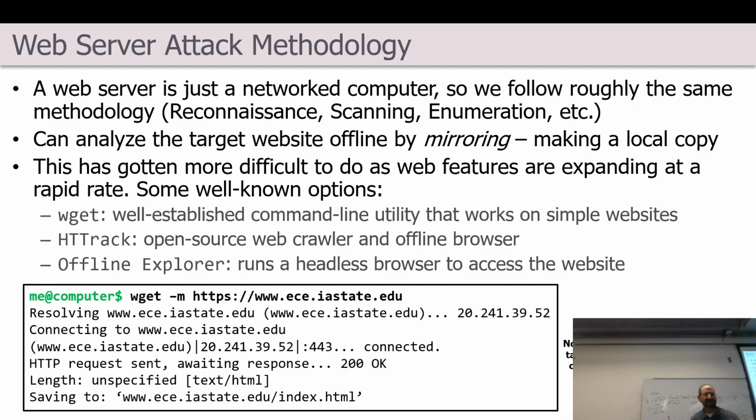What you tend to need these days are server agents that act as if it is a user attempting to access that web page and interacting with the web page to be able to get what the content of that web page would correspond to. And there are tools to do that. They're not as straightforward and maybe as clean to use as wget, but that's at least a starting point. So I can open up